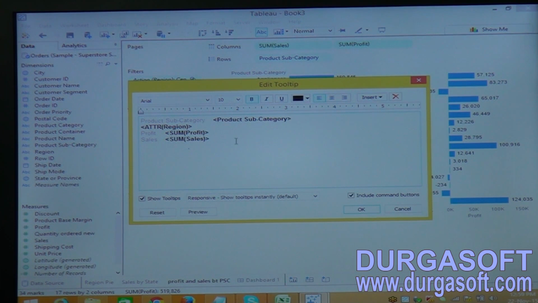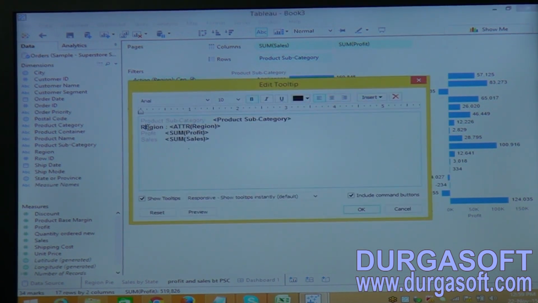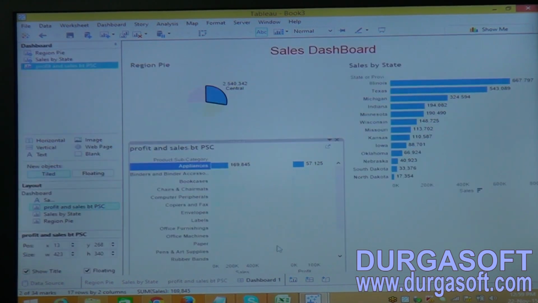Select the regions. Now we can understand which region it belongs to. Go to the dashboards.